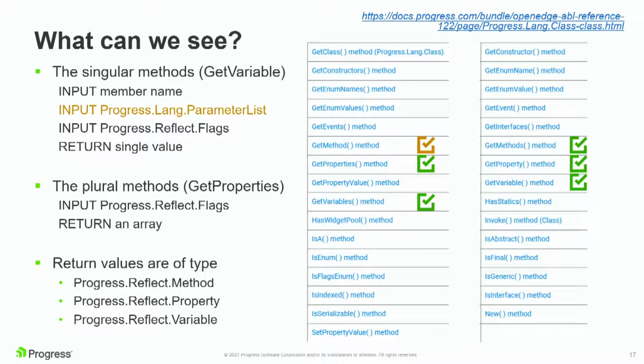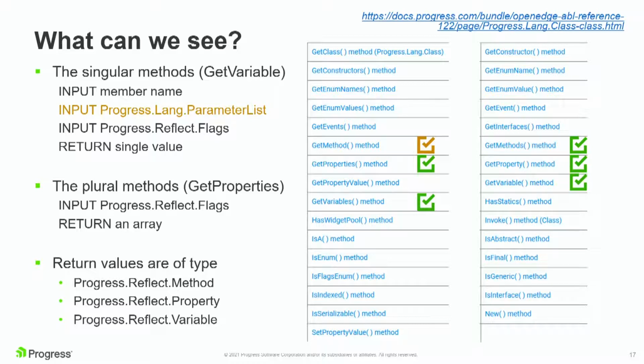Other languages, or some other languages, let you call private members through reflection. So if you have like that private set we saw, if I try to call that from ABL code, the compiler would say it's private, you can't do it. Some other languages let you call that private set through reflection. ABL does not. ABL respects the same rules that the compiler does, basically. So you can't call a private setter via reflection or whatever other member it is. So we have these flags to say, I want to see... basically the default is the public instance ones, because that's what we want, because that's what we're calling from the outside.